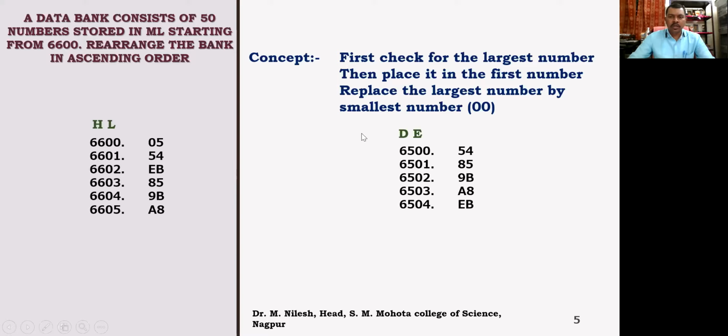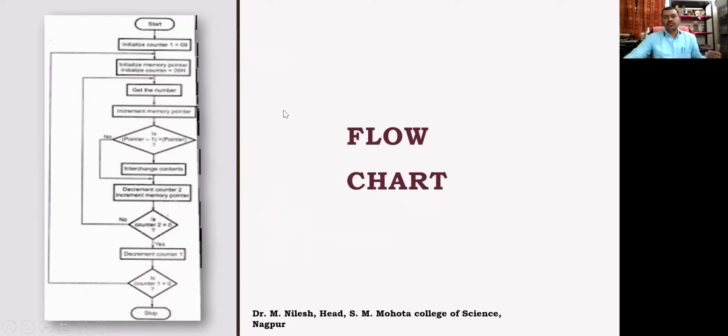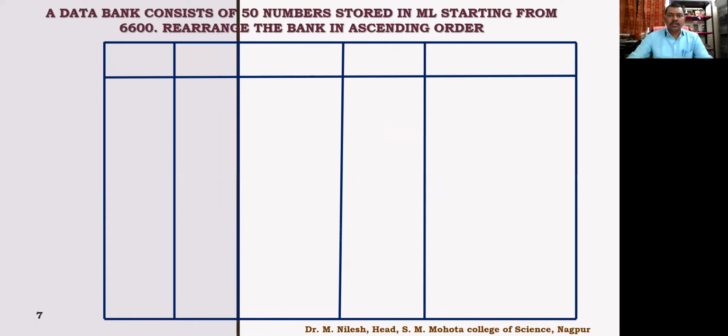Fine. So this is how we are going to store. We are going to load this counter in the register, 05, right? The memory location 6600 consists of this counter, that is 05. I have told you earlier also. This is the flow chart of that. We need to go through that flow chart to check which is the smallest number, and then we have to replace the smallest number by FF, and put that smallest number in the data bank where we need to store it. So this is the flow chart.